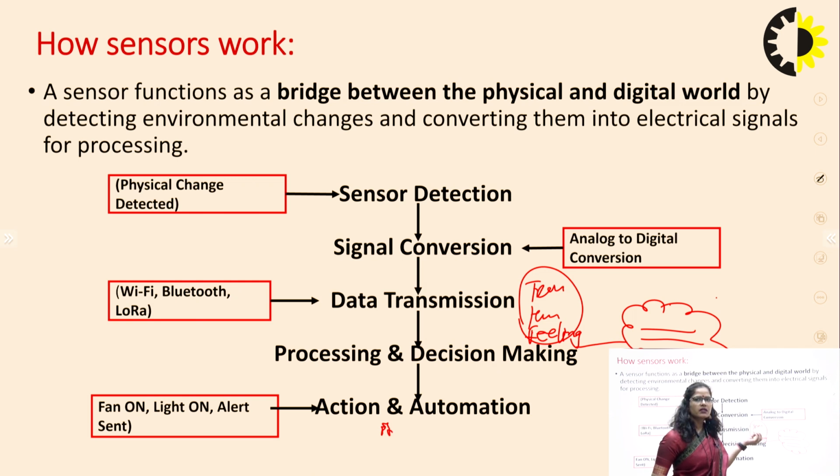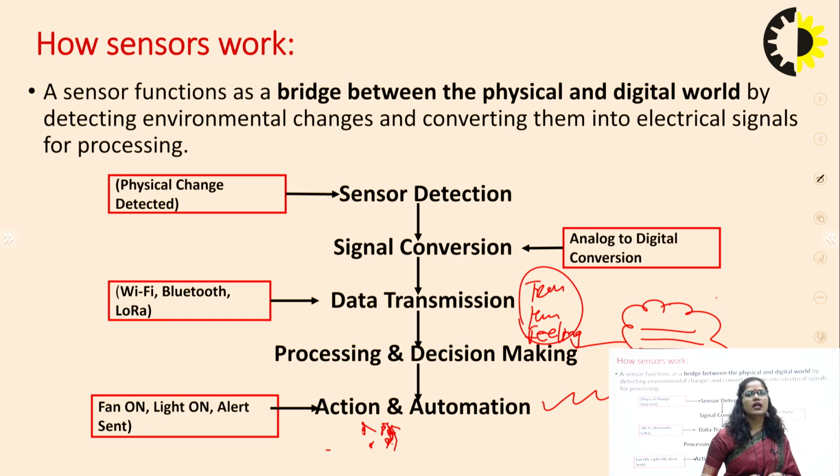Temperature, it may be 30 degrees, 14 degrees, 28 degrees. So basically the kind of information that is in analog form is continuously changing in its values. So sensors collect the information in analog form, and this analog type of values is converted into digital, or you can say the computer-understandable form.